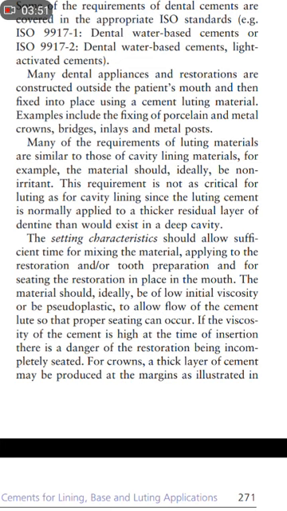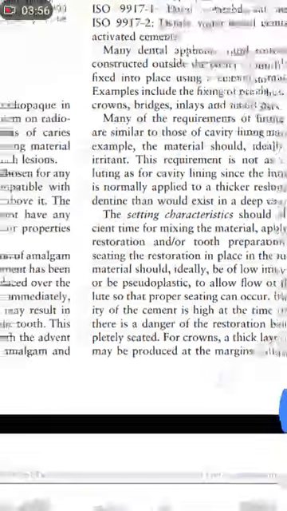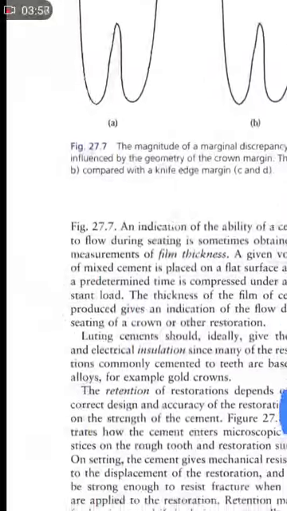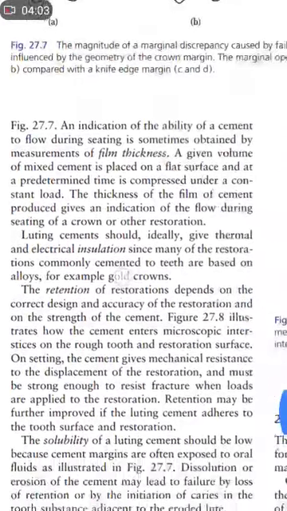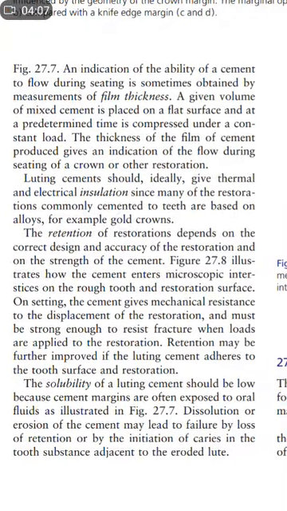For crowns, a thick layer of cement may be produced at the margins as illustrated in the figure. An indication of the ability of cement to flow during seating is sometimes obtained by measurements of film thickness. A given volume of mixed cement is placed on a flat surface and compressed for a predetermined time under a constant load. The thickness of the film of cement produced gives an indication of the flow during seating of the crown